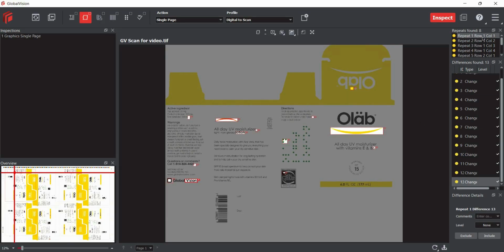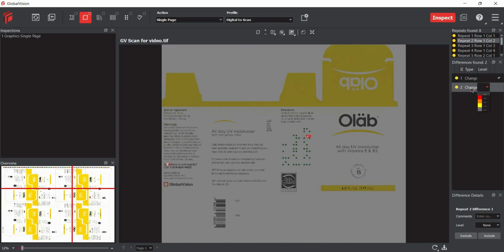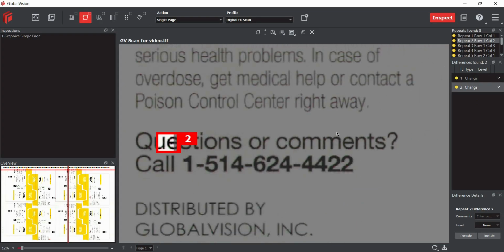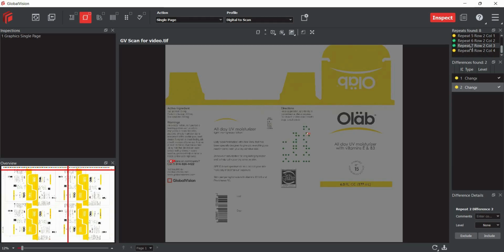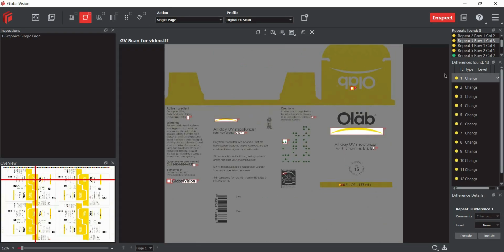Now, once we're done with repeat number 1, we can go to repeat number 2, or up number 2, and the software will show you which up it is looking at here on the left hand side, so that you can also refer to that on the press sheet as your reference up for the inspection. Here it has not found any errors. There's nothing over here. So you can go one by one through the repeats and find what the errors are in each up,